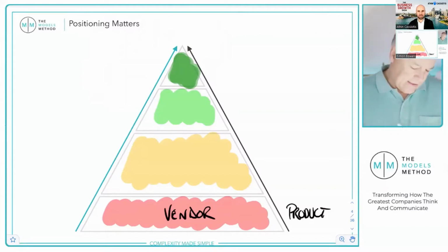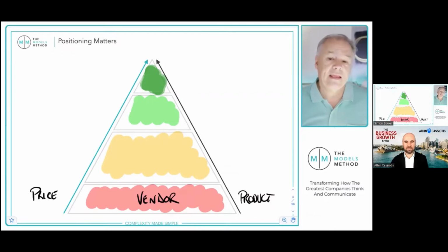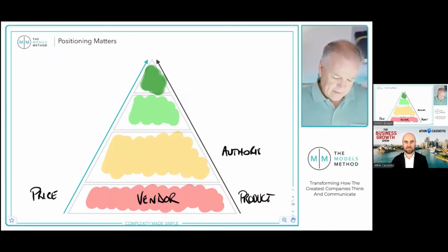The problem with that is the customer buys product based on price. So the moment you turn your thing into a product or a system, now the customer's saying, okay, your system compared to somebody else's is more expensive. Why? The other thing about turning your core IP into a product or a system is it becomes more copyable, more commoditizable, if there's a word. And so people recognized that, and they thought, well, how do we market differently now? How do we deal with price pushback and price complaints? And so authority marketing leapt into view, where people said, produce content, become an authority in your marketplace,